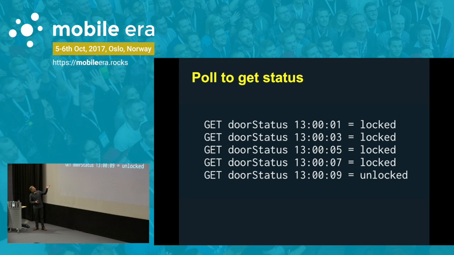Yeah, we do this by just getting the status every 2 seconds. I'm getting it at 13:00:01. Maybe it's slow because the Zigbee module isn't finding the device on the door. So I'm polling it every 2 seconds. Okay, it's not that much JSON. You can do it that way.